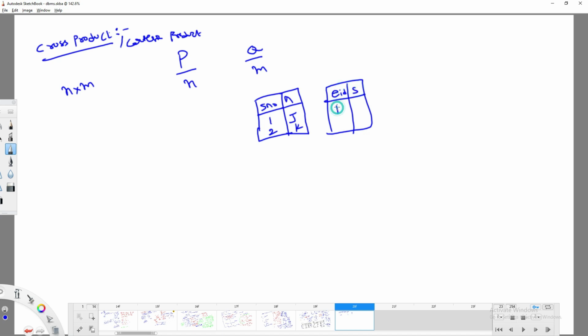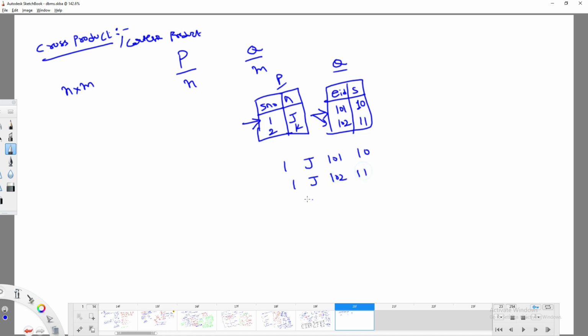What is the Cartesian product of these two tables? I have to take one tuple from the first relation and take its Cartesian product with all the remaining ones. So your resultant table contains 1J 101 10, 1J 102 11, 2K 101 10, 2K 102 11. This is the resultant table.